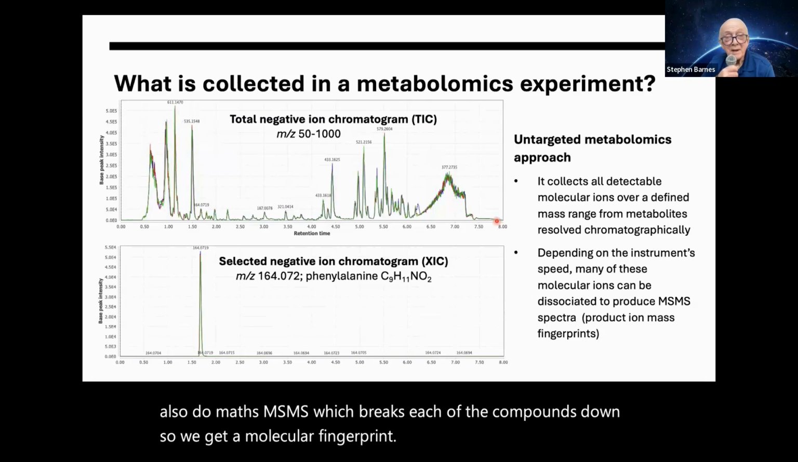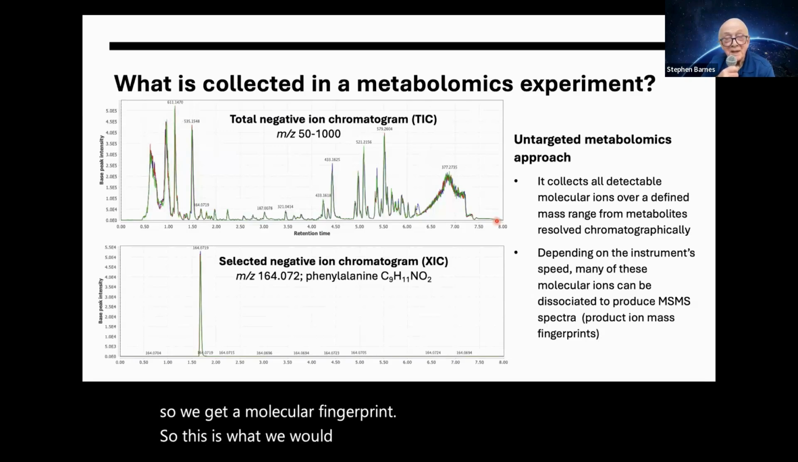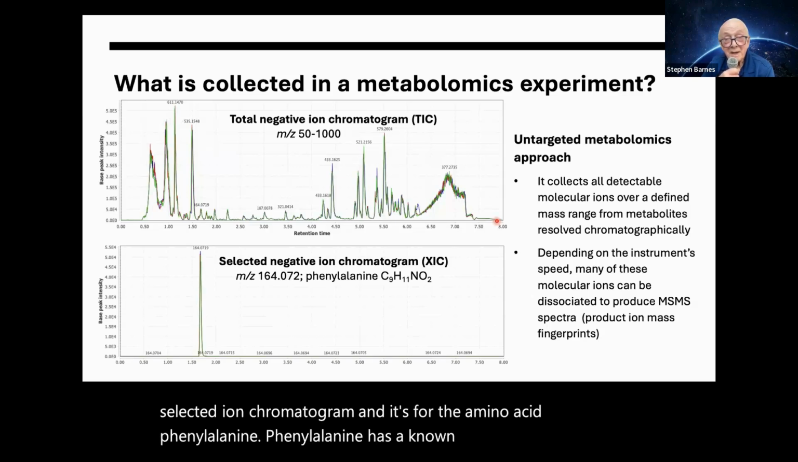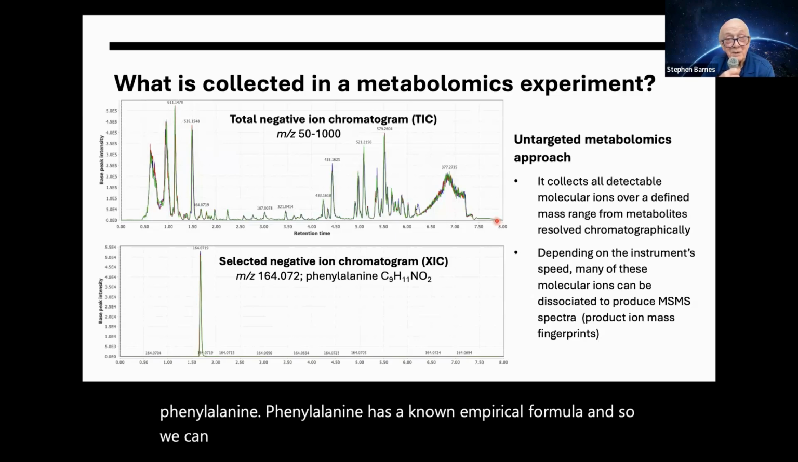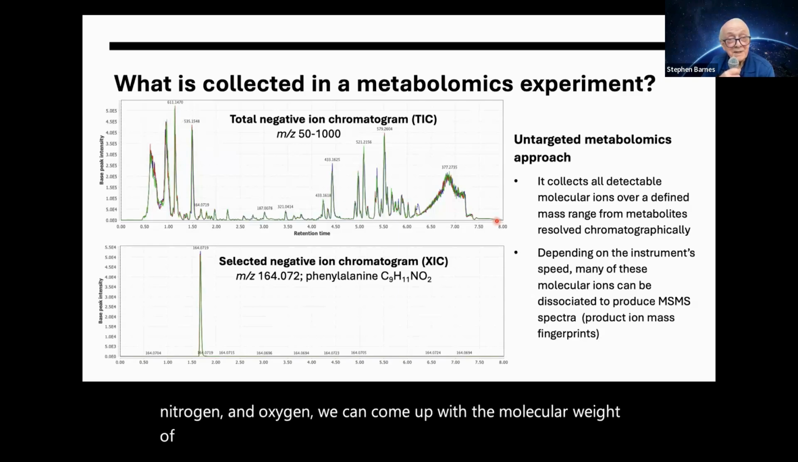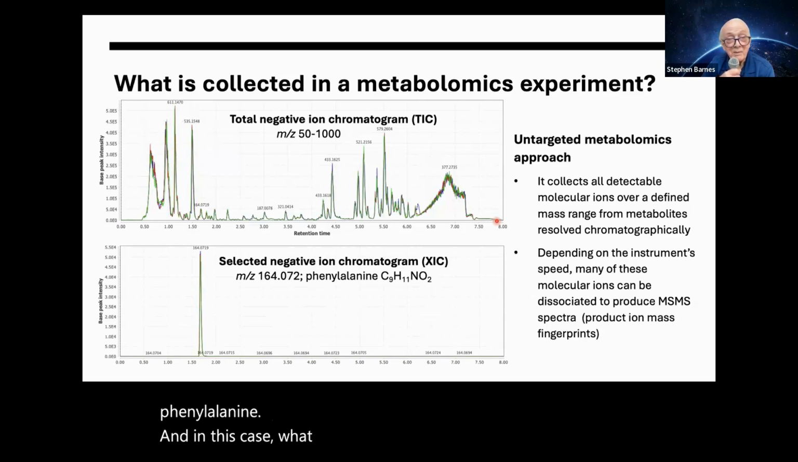So this is what we would see if we then said, okay, let's make a selected ion chromatogram. And it's for the amino acid phenylalanine. Phenylalanine has a known empirical formula. And so we can calculate, because we know the masses of carbon, hydrogen, nitrogen, and oxygen, we can come up with the molecular weight of phenylalanine. And in this case, what we've done is we've taken one proton off the phenylalanine to make an ion,